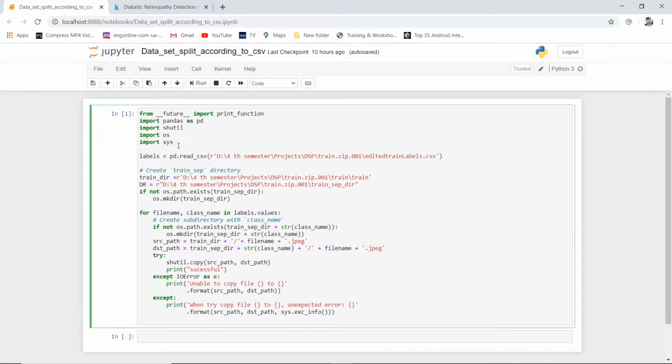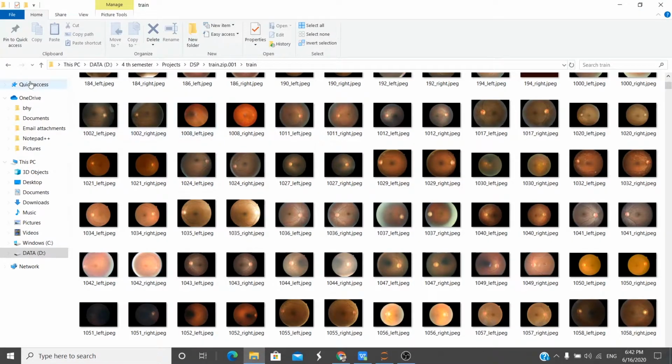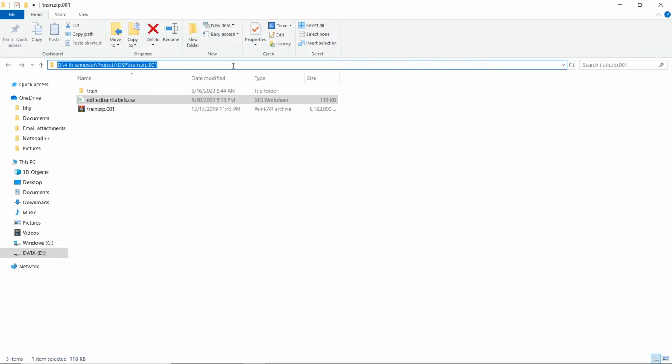So here the read CSV function will read the CSV, so you need to provide the path of the CSV. Now how to provide the path? Let me explain this. Go back to the location where your CSV file is present and copy this location.